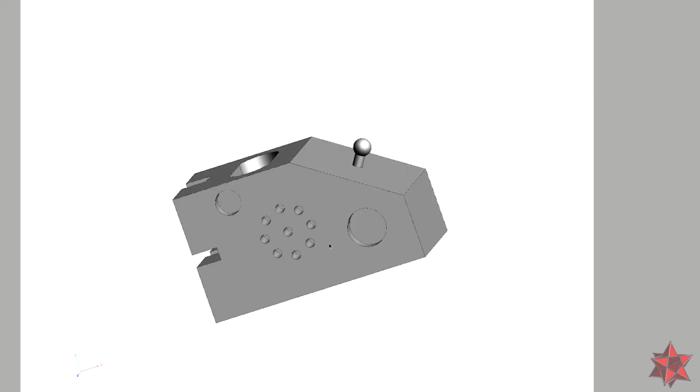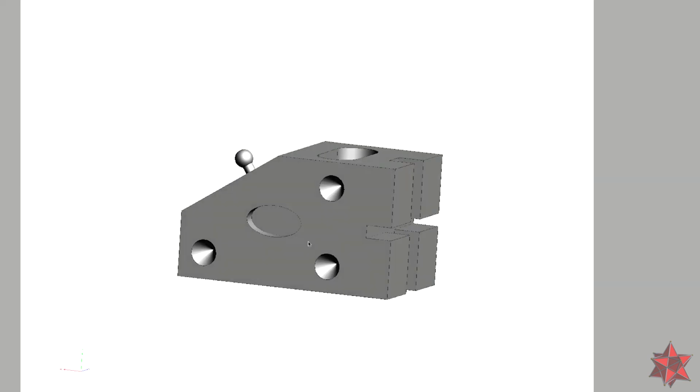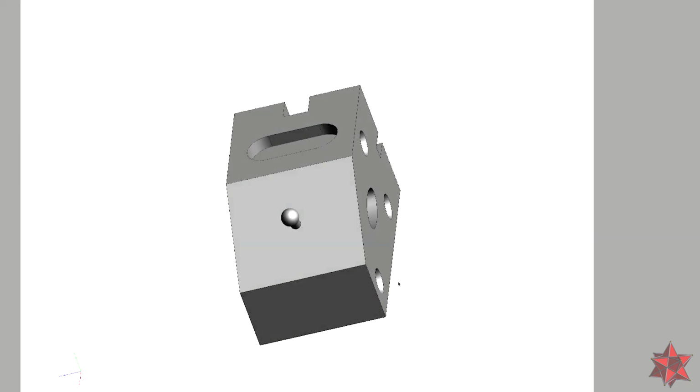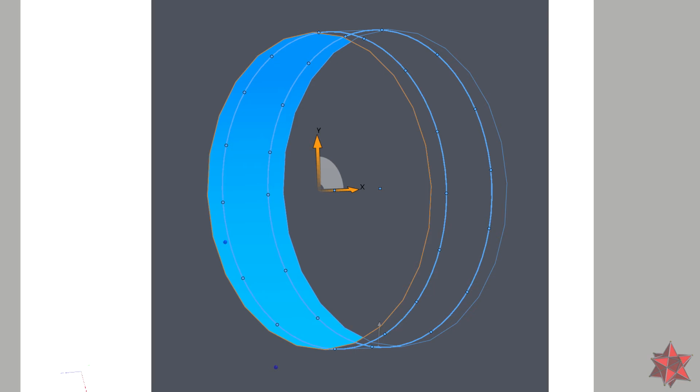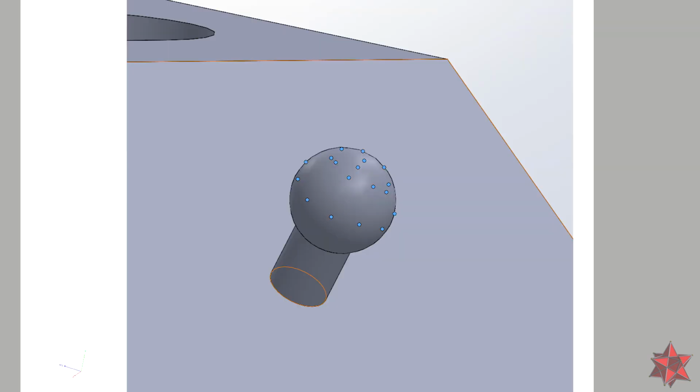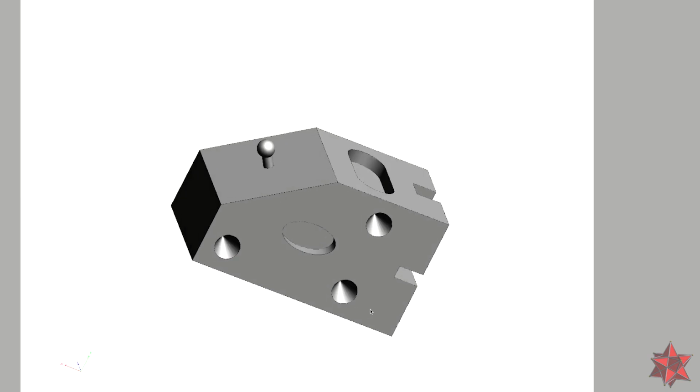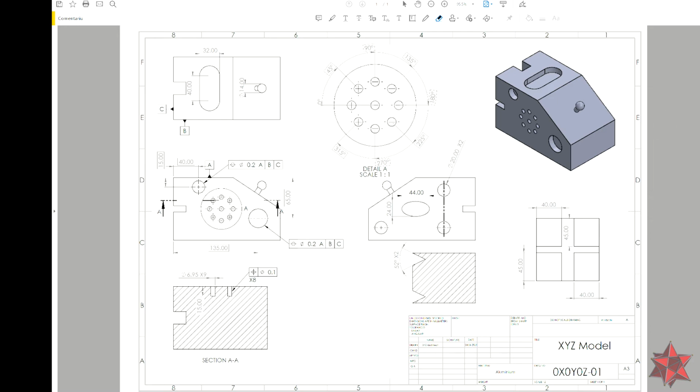Okay, so this is the model that I created in order to explain better the points necessary to take for the elements. As you see, we have a lot of elements here. We have planes, we have slots, we have cylinders, we have ellipse, we have cones, spheres, and so on. And I also created a technical drawing of the part, and as you see, we have here a lot of dimensions. We have dimensions for the slot, we have dimensions for the sphere, the radius of the sphere, the diameter of the sphere. We have true positions according to datums,